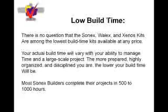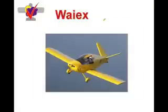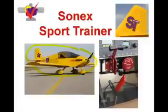It will not be called a Sonex if we do it. What are the challenges of a folding wing Sonex? Let's talk about that. A folding wing Sonex would be a completely different animal. Let's use this slide, for example. This is a standard sport trainer. If I were to take the removable wing option and make it into a folding wing option, I would start from scratch. It makes absolutely no sense to me whatsoever to maintain all of the weight and complexity,